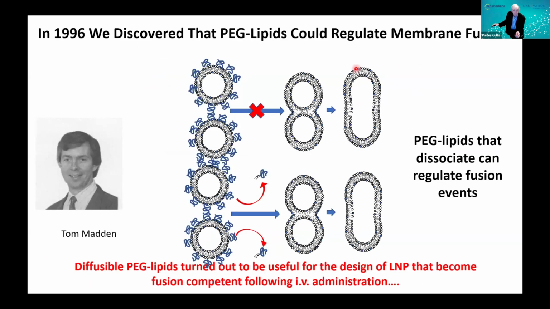In the mid-90s, we discovered that PEG lipids, if we had them on the outside of a liposome, would inhibit fusion. On the other hand, if we had diffusible PEG lipids, then they could diffuse away, then fusion would then be engendered. And so, again, you can see how these tools, such as these diffusible PEG lipids, ended up being quite useful, a quite useful tool bag or toolkit when we were trying to put together the lipid